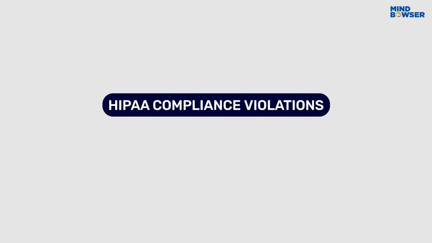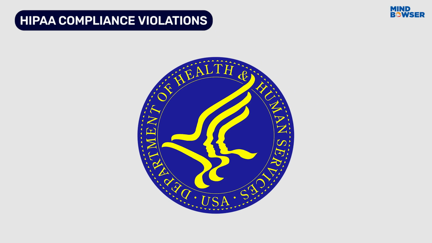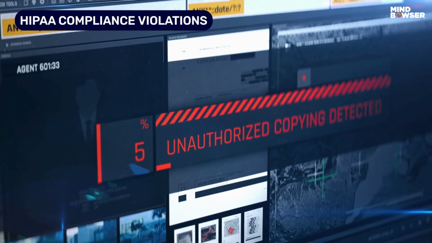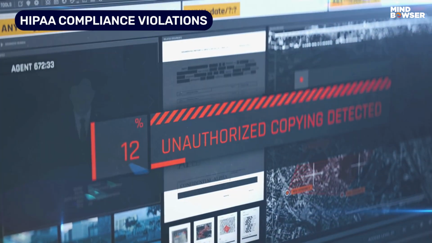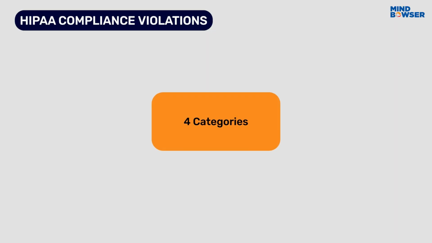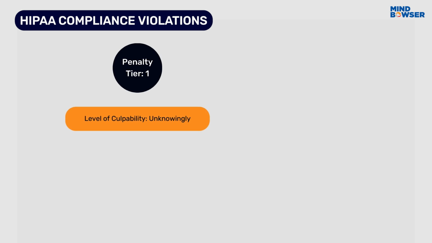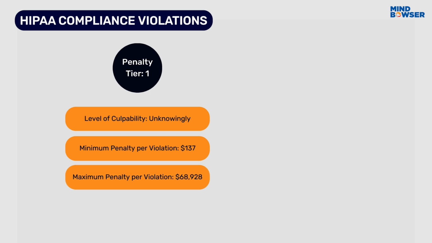HIPAA compliance violations. The Department of Health and Human Services, HHS, considers the level of fault when imposing fines for HIPAA violations. There are 4 categories, each with a range of penalties. For penalty Tier 1, if level of culpability is unknown, the minimum penalty per violation is $137, maximum penalty per violation is $68,928 and annual penalty limit is